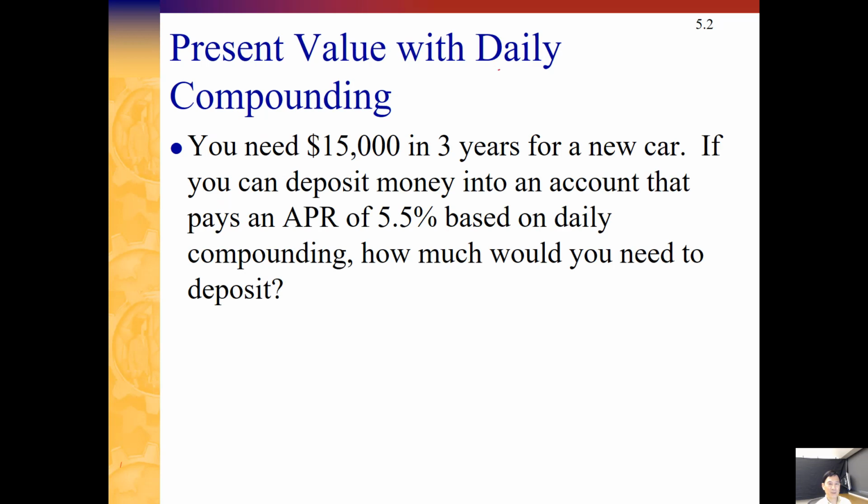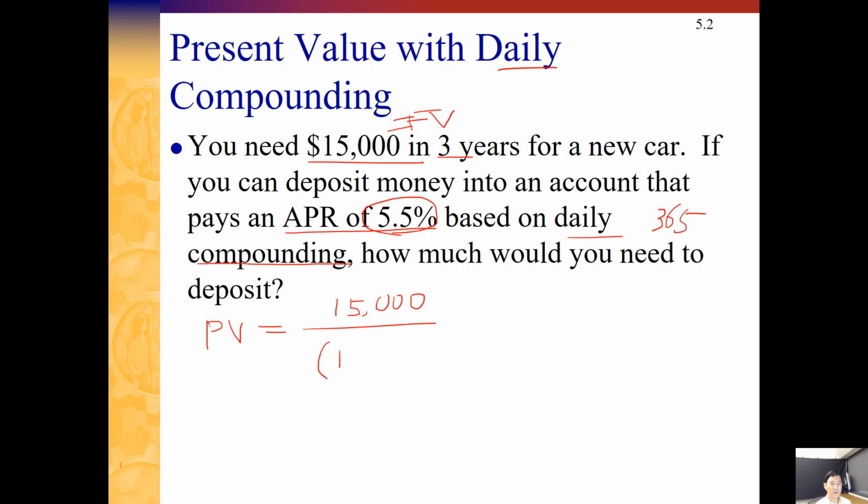So here's another example with daily compounding. You need $15,000, so this will be the future value you need in 3 years. And if you can deposit money into an account that pays an APR of 5.5%, so this is an annual rate based on daily compounding, but the APR will be divided by the number of days in a year, how much would you need to deposit? So if we write the formula, it will be the present value of $15,000